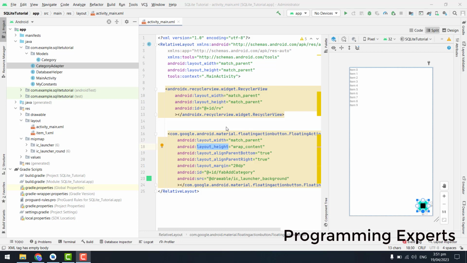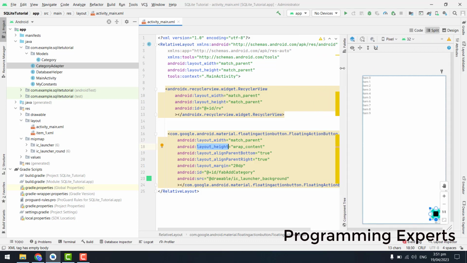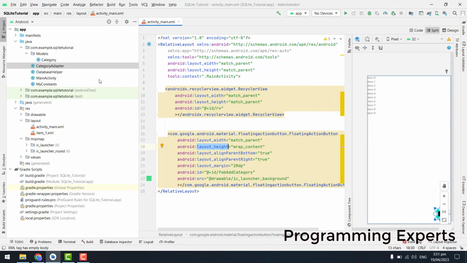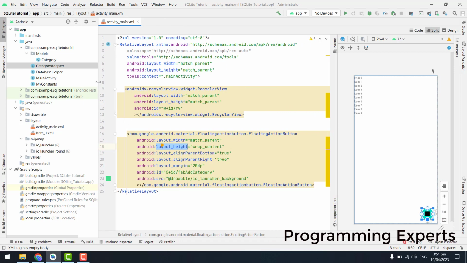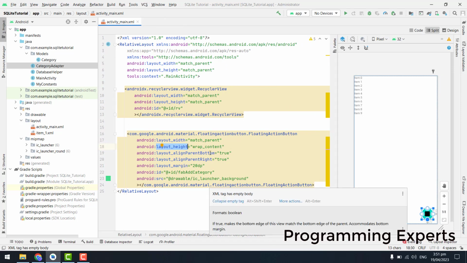Alright guys, so here what we are going to do is continue our coding. In my last part, part 4 of this video series, I had shown you the output. Our application is running with the single table. We are able to display the data from the table, and then we are able to insert the data inside